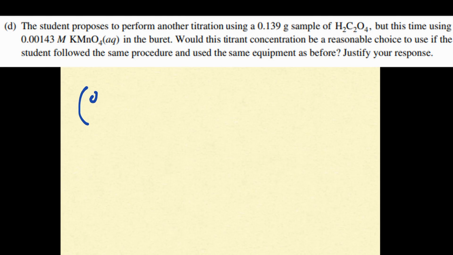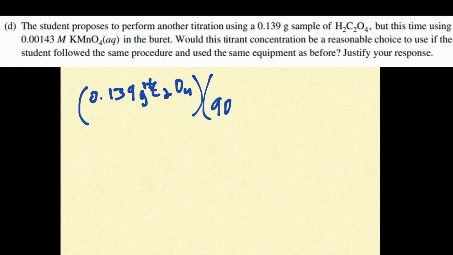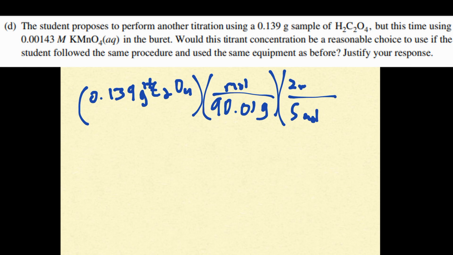The big thing that jumps out at me when looking at this question is that they are asking specifically about using the same equipment. So I believe that we should check how much volume would be needed to finish this titration. Since the molarity is lower, the volume will be increased, and I'm wondering if it's more than the burette can handle. By doing some simple stoichiometry, we convert the grams of oxalic acid to the supposed moles of permanganate,